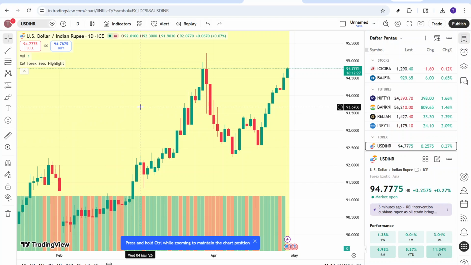This tool can help you stay ahead in your trading strategy by providing valuable insights into market dynamics. We hope you found this tutorial helpful. Remember, the key to successful trading lies in having the right